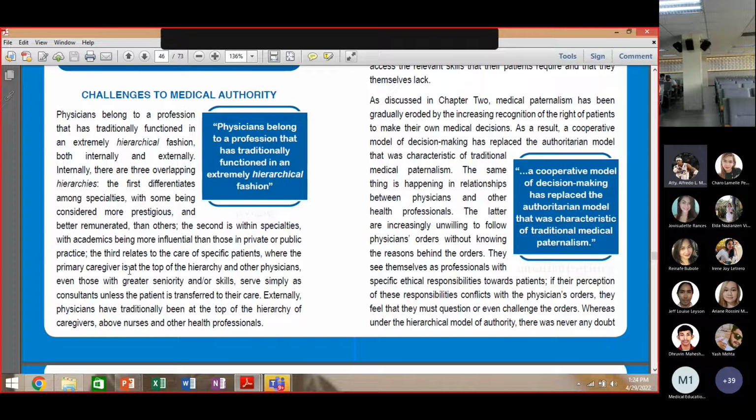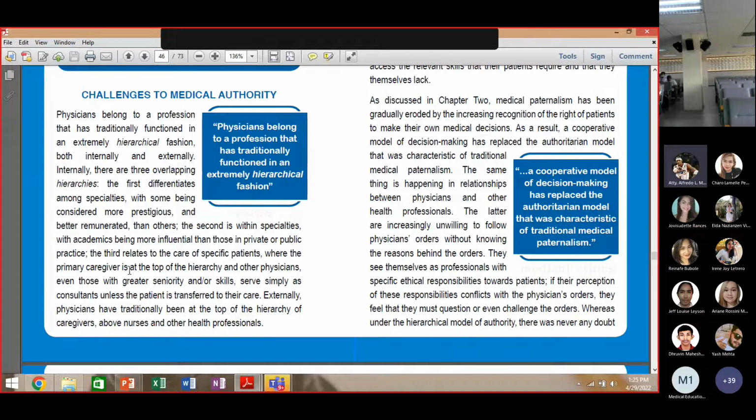Last time we discussed the three-pronged liability of a physician. First, the criminal. When you say criminal liability, the highest penalty is imprisonment. Next is the administrative liability, where the highest penalty is the removal or revocation of your license to practice medicine. And third is the civil liability, which involves a monetary award through damages.